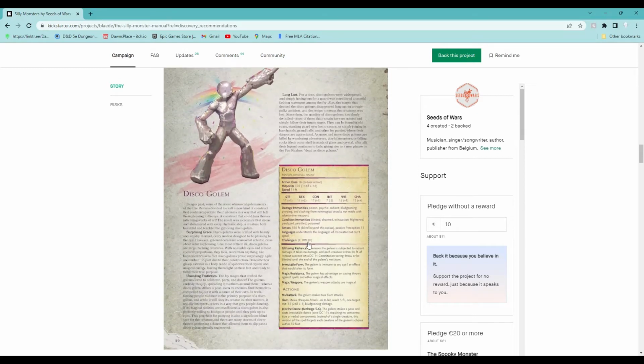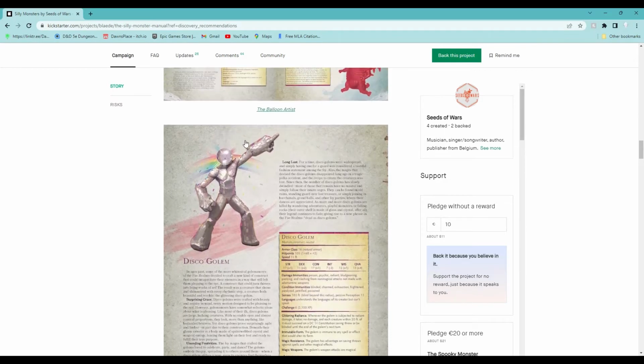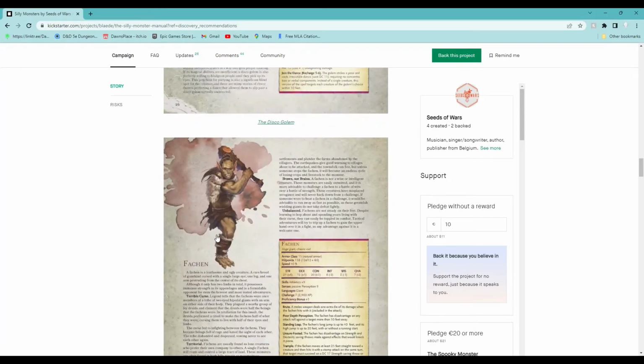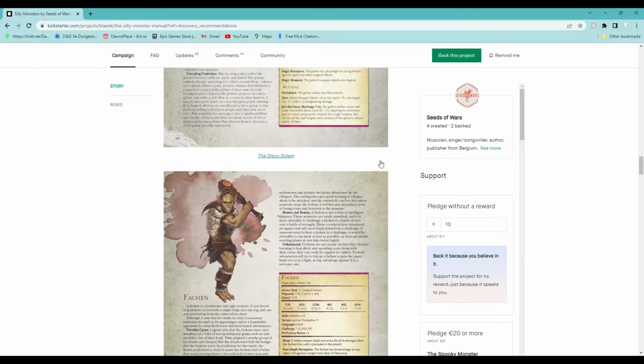I totally read that wrong. Disco Golem, and they have long lost. He's a freaking disco ball. Look at his head, his whole body, just like sunlight, and he's a rainbow. It's beautiful. I love that so much. And then there's the Fetchin, which all backers actually